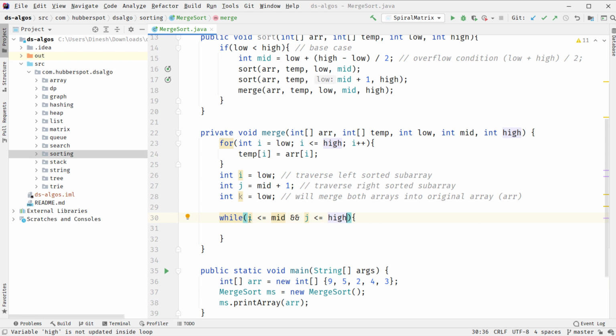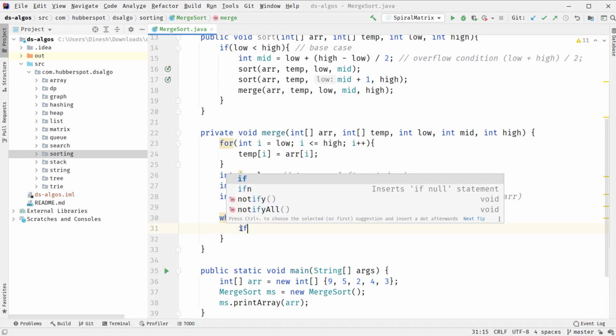What this condition suggests is, when we are merging the two sorted arrays, there will be a point where either the left array gets exhausted or the right array gets exhausted. Whichever gets exhausted, this condition will break and we will come out of the while loop.